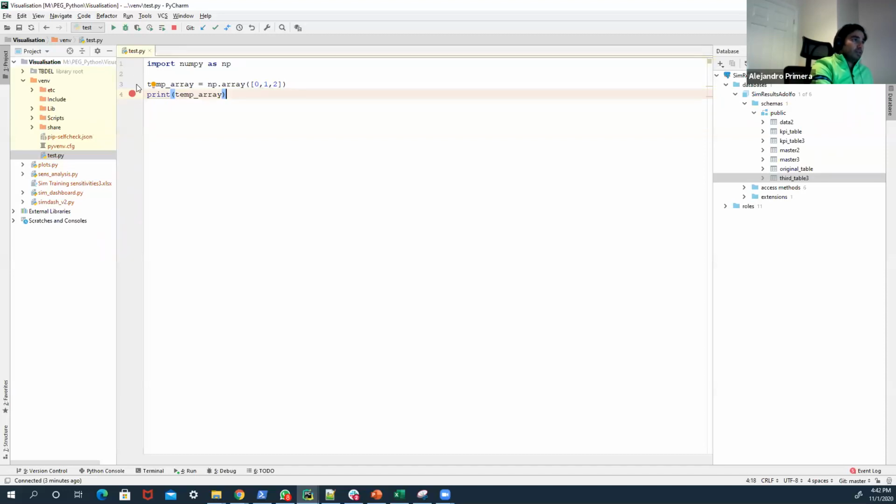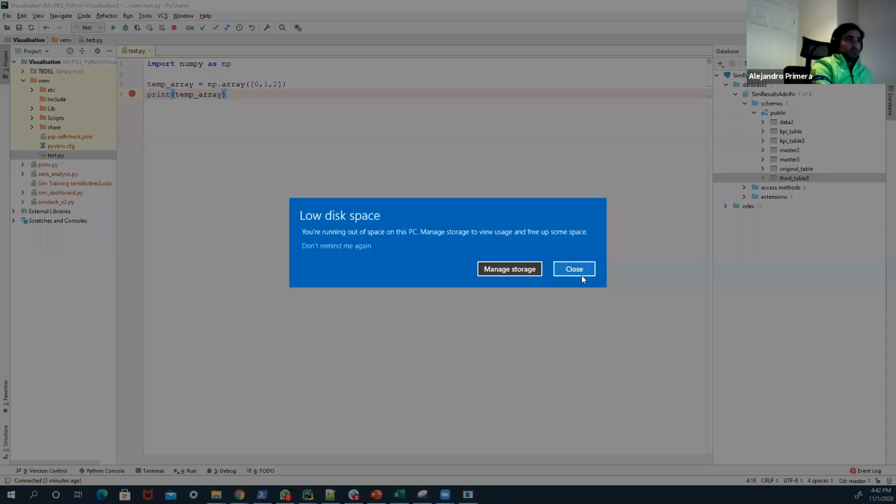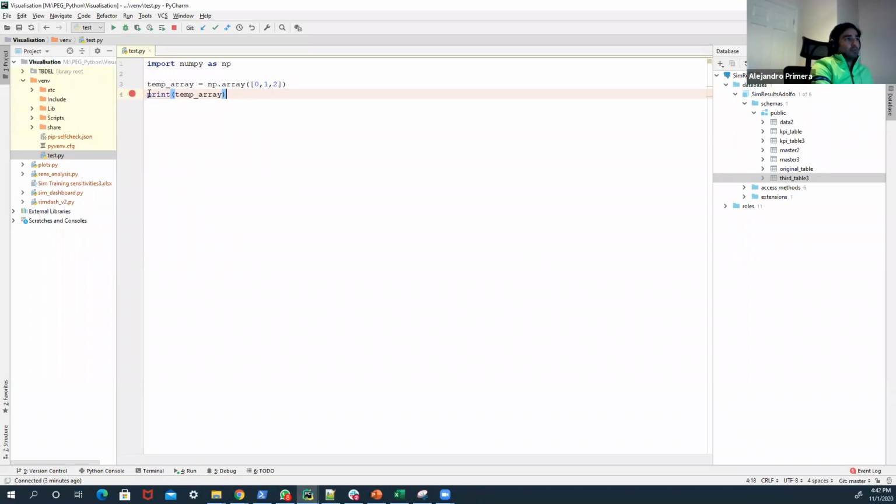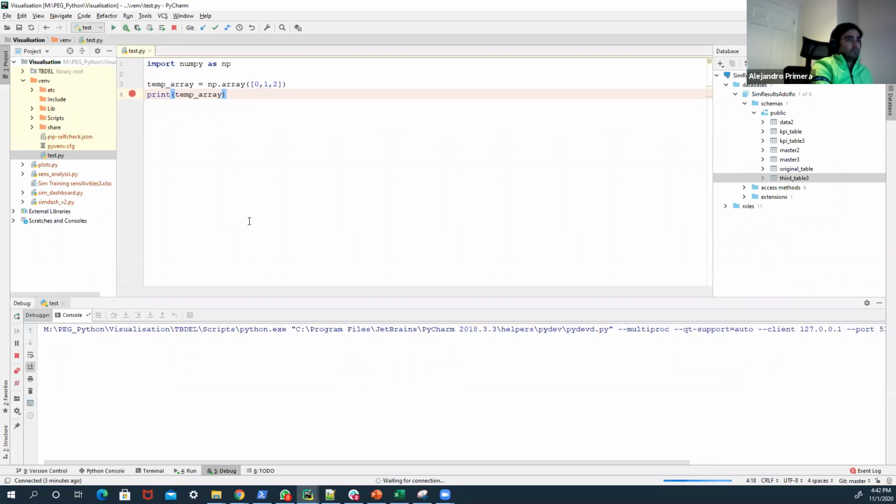As you can see, I can put what is called a breakpoint. Oops, I have low disk space. We'll see in a bit. This is what I call a breakpoint. And as you can see, I can run the file or I can debug the file. So if I run the debugger,